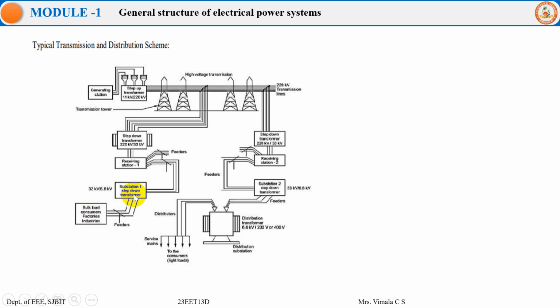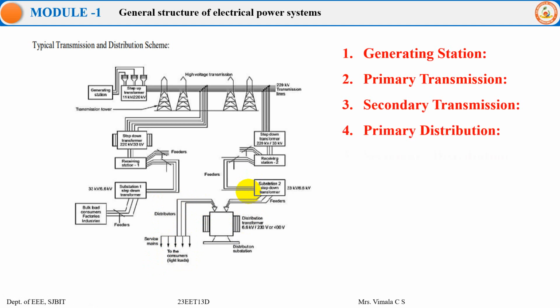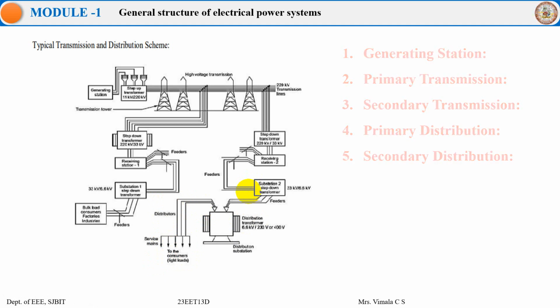Further from the substation, it is given to the distribution transformer, where 6.6 kV is stepped down to 230 or 400, that is the normal operating voltages for domestic and industrial purposes. It is then distributed via the service mains to the different consumers. So generating station will have basically the primary transmission, secondary transmission, primary distribution, secondary distribution, and